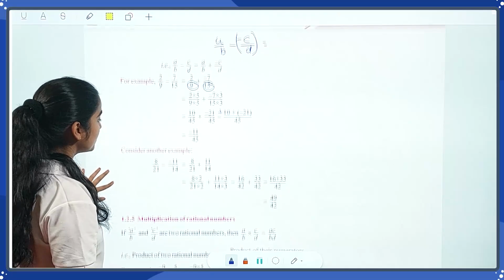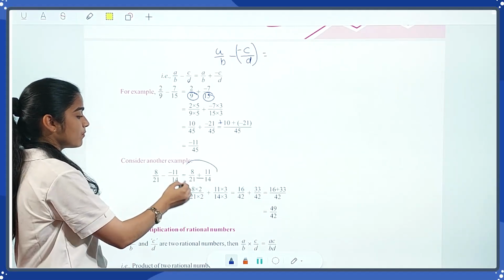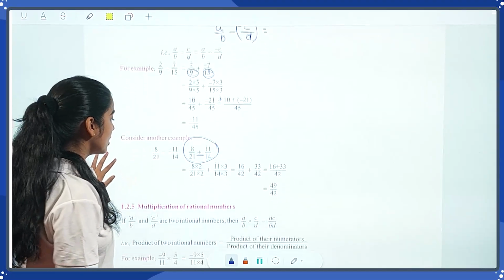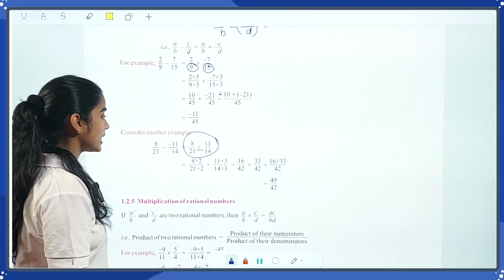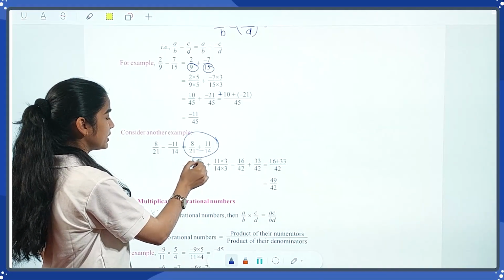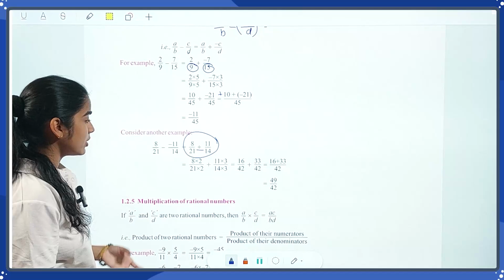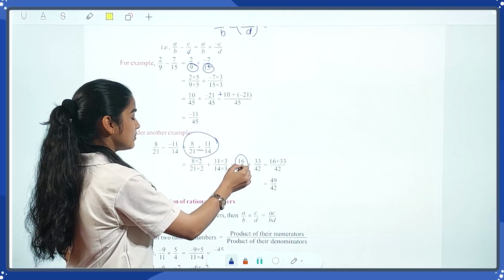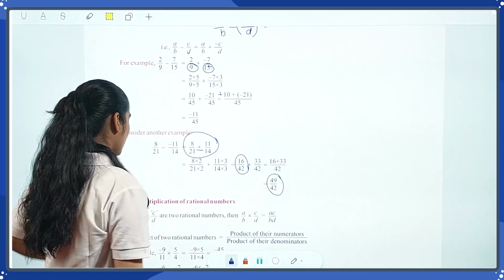Now consider another example. In that case, minus minus is plus, so you are applying the signs here. Now you have to perform what here? The subtraction process or the addition process? Obviously the addition operation. Now 21 and 14 LCM is 42. So let's convert your denominator to 42. 21 multiplied by 2 will give you a denominator of 42, and 8 multiplied by 2, because you are multiplying your denominator with 2, so you have to multiply your numerator with 2 as well. Then 11 multiplied by 3, 14 multiplied by 3. Here's your result: 16 by 42, 33 by 42. The result is 16 plus 33, 49 upon 42.